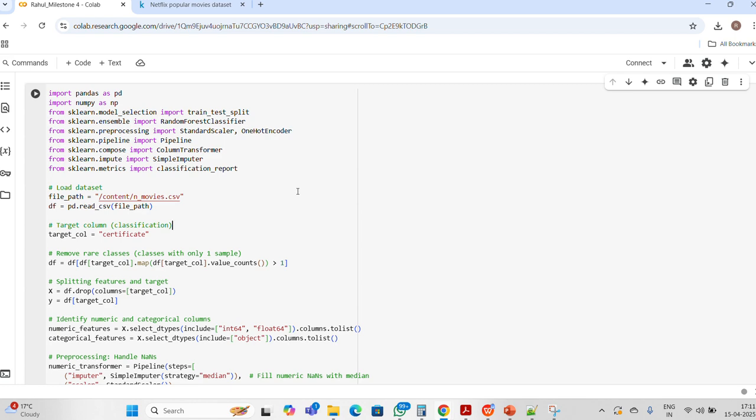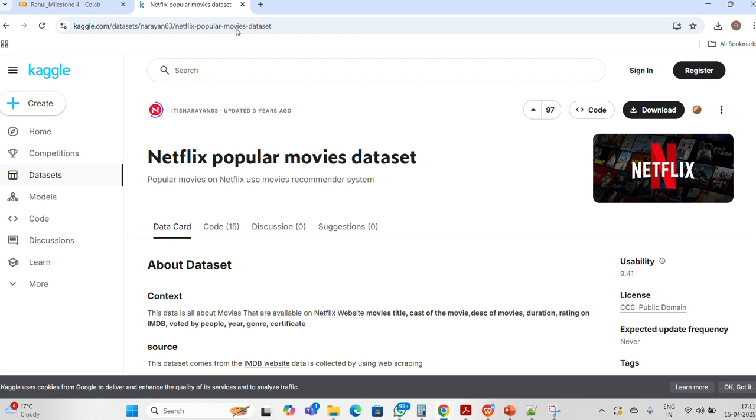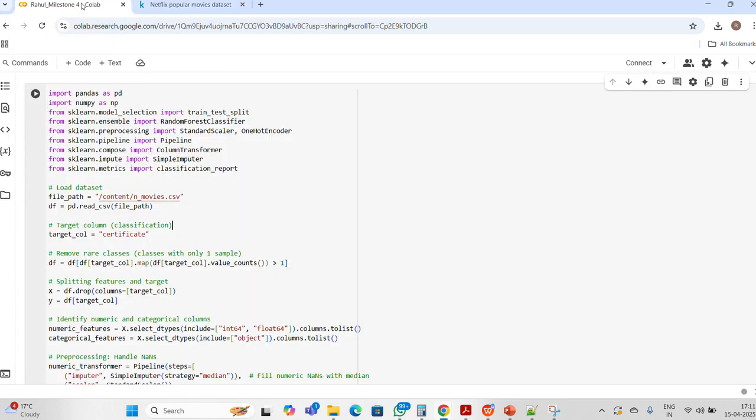For all this, we need to have a data overview. This is the dataset as I showed you. This is the dataset, it is from Kaggle. Let me explain. This project is all about how a new user or a new person can access this data, I mean, how can he get a recommender system using this deep learning model.